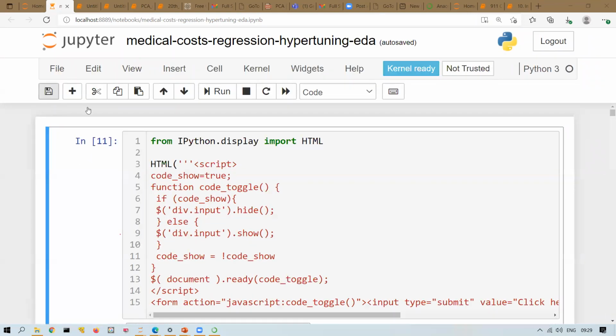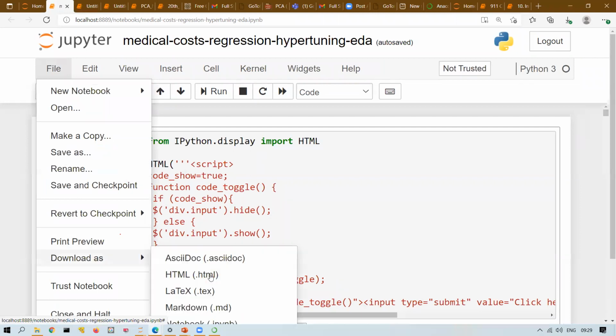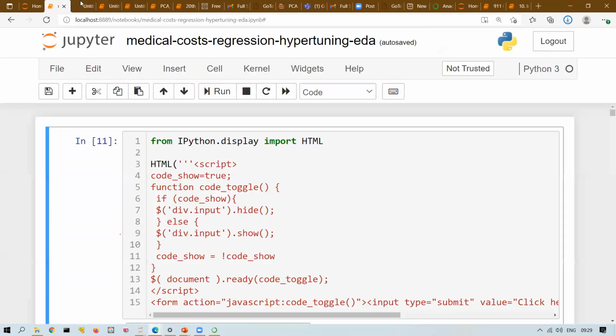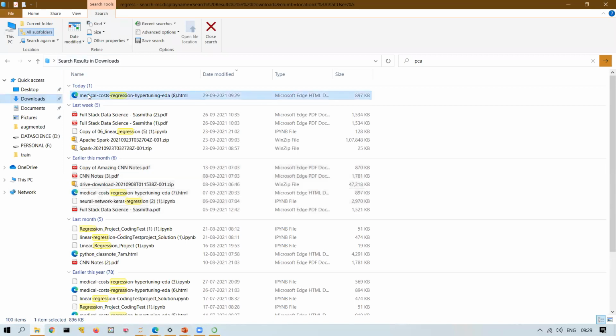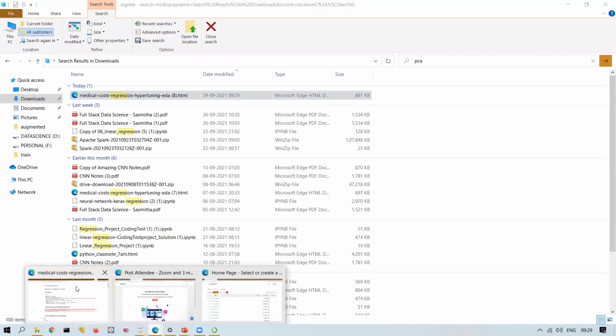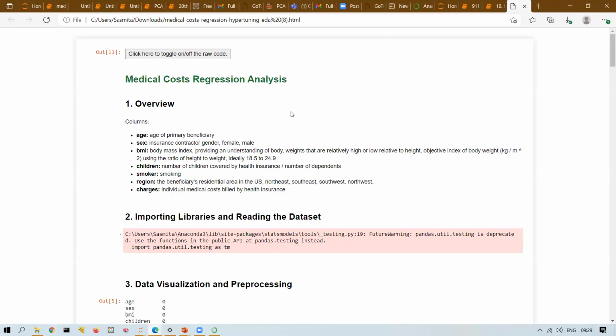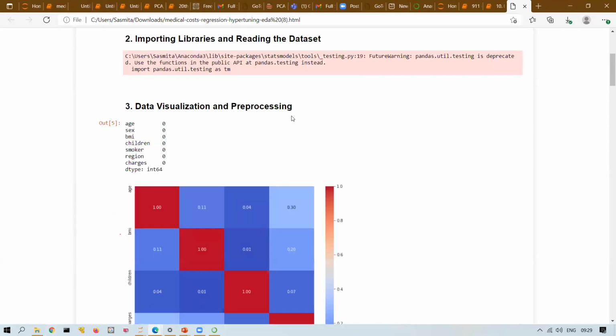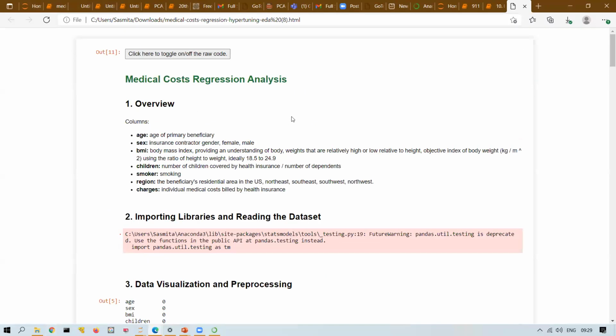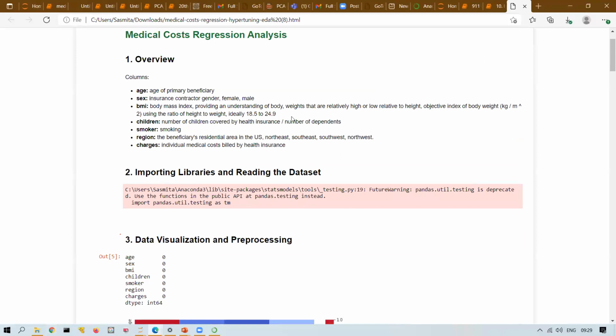So in that case, he is just interested to see the output once. You can share it in HTML format. See, this particular project I have downloaded in HTML format. And if I have to share this HTML file, my manager can look at it without installing any software. And you can see in this HTML format, can you see the code? No, I have hidden all the code, because maybe my manager will not be interested in watching the code, but mostly he is looking at the output.